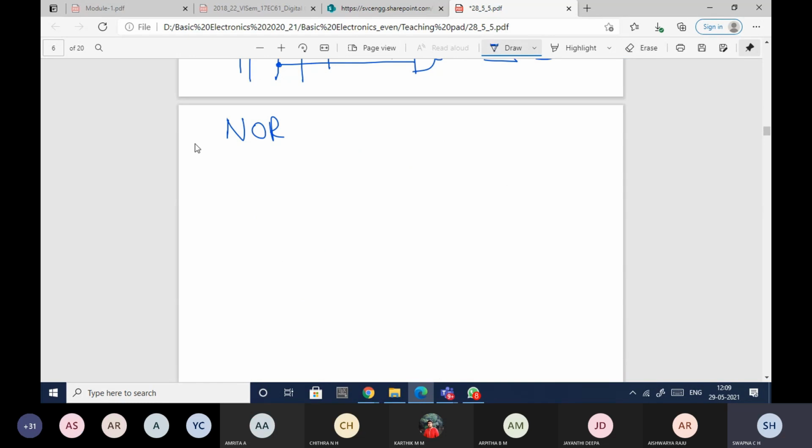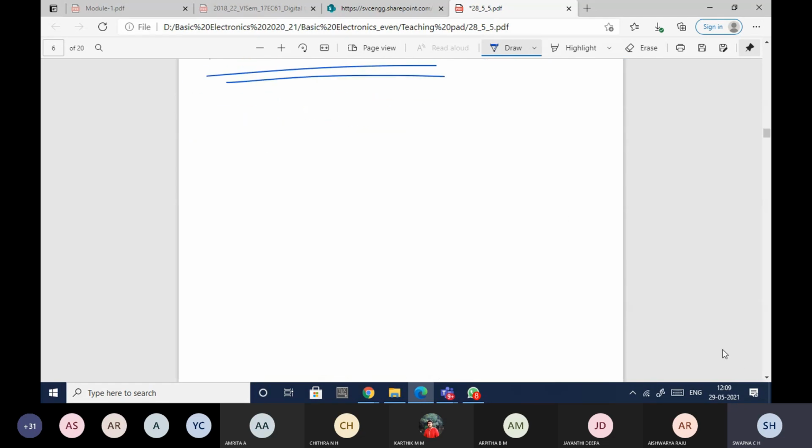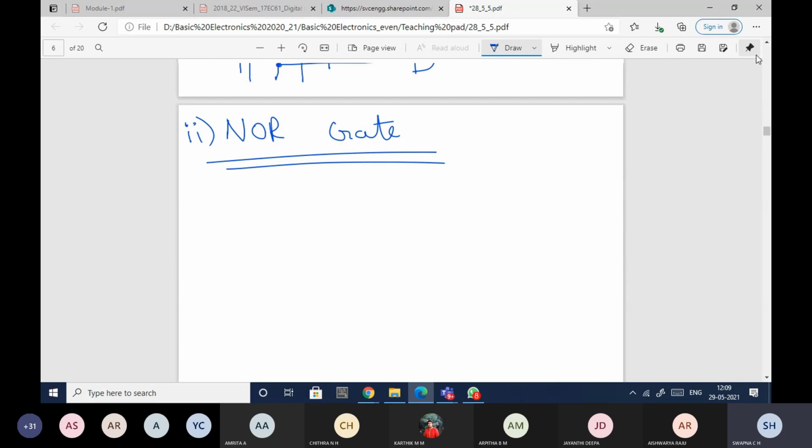Any? Second universal gate is NOR gate. So here I need to implement using NOR gates. Okay, so before going to the implementation, let us see how the NOR gate will be. You know that NOR is nothing but OR and a bubble. So A, B, if I have, here Y will be equal to A plus B complement. A plus B is the OR operation, and since you have a bubble, it is whole complement.